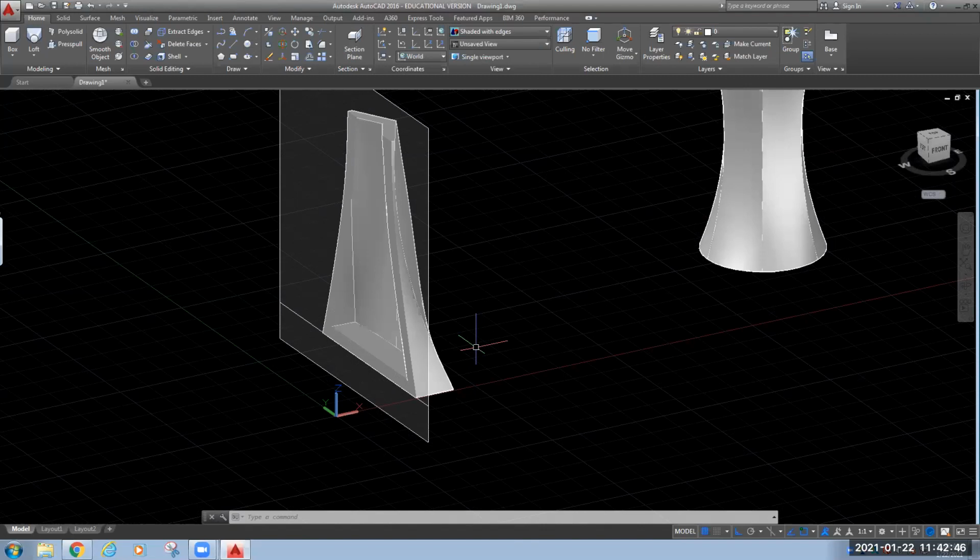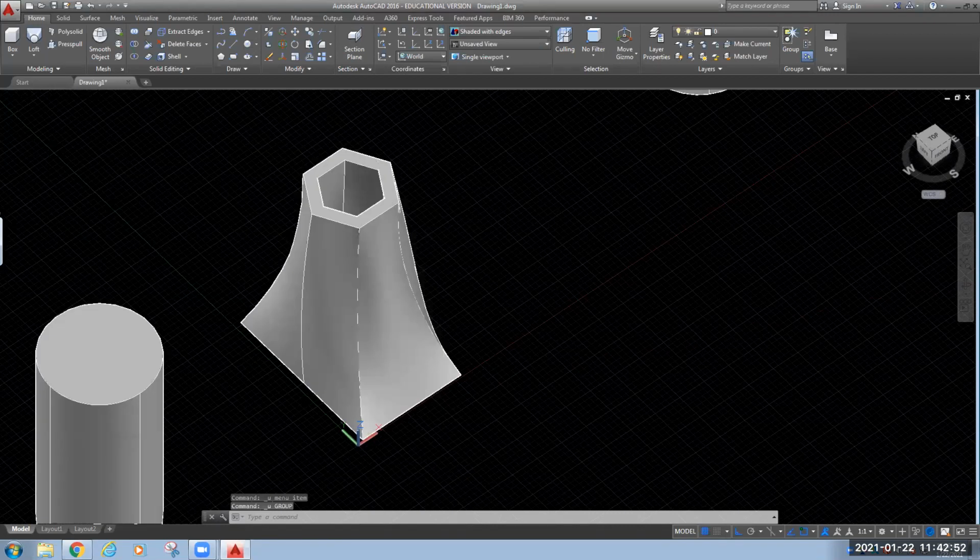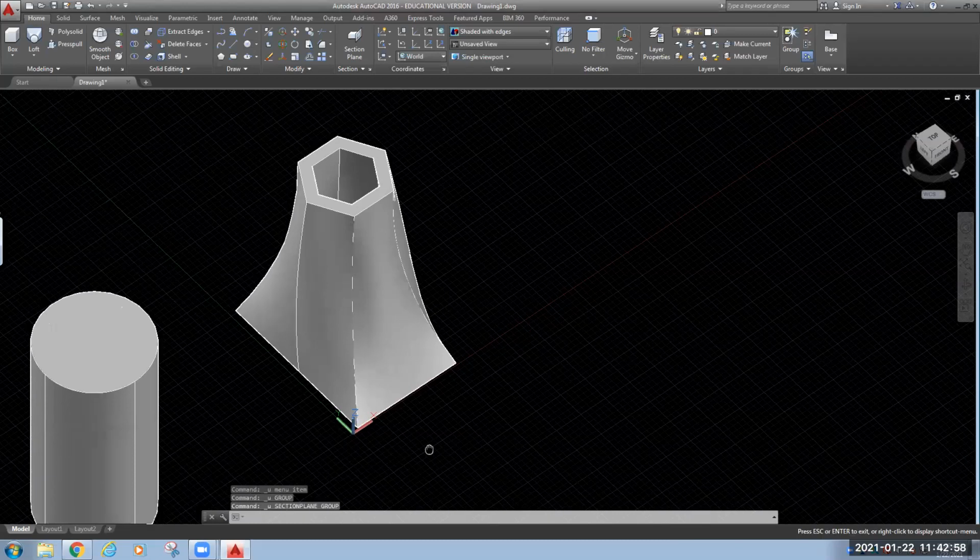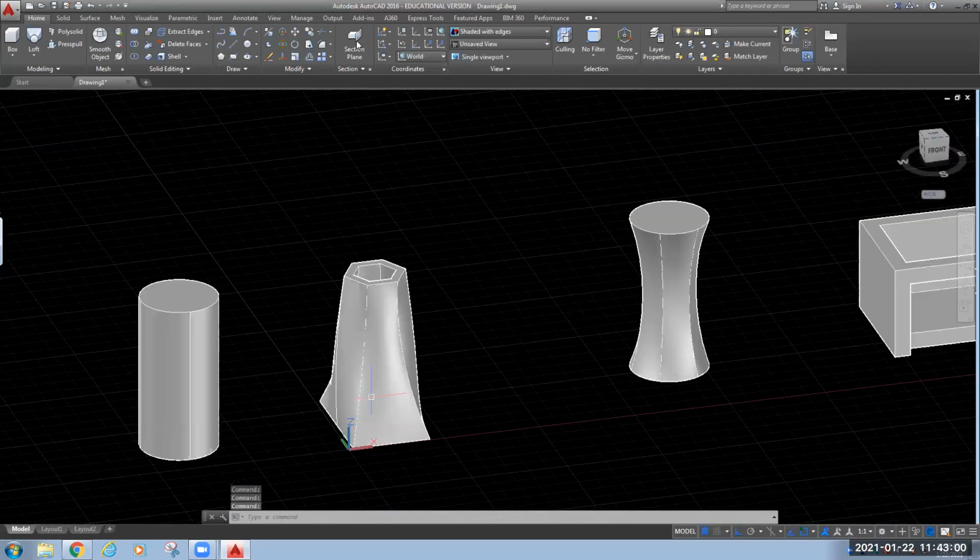So once again, I will show you this. Control Z is for undo. Now, suppose for any figure you want to see the cut portion, the cross section. For that, you can use this section plane and you can draw that section.